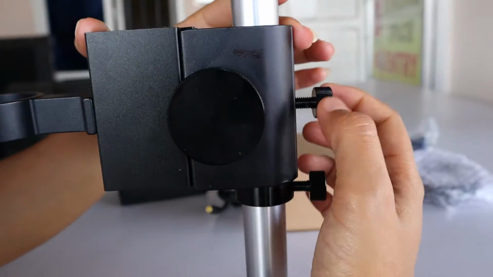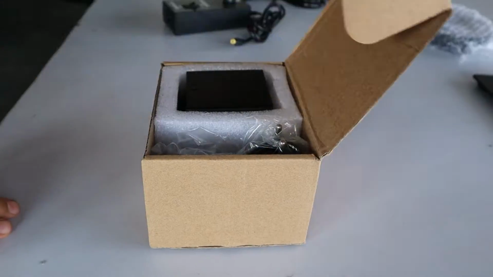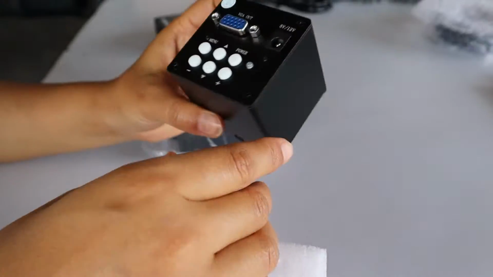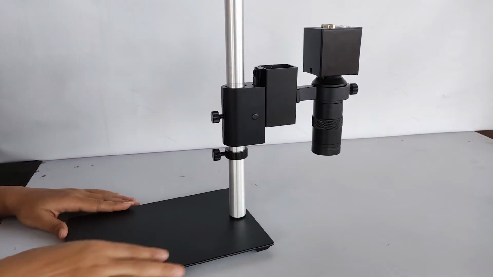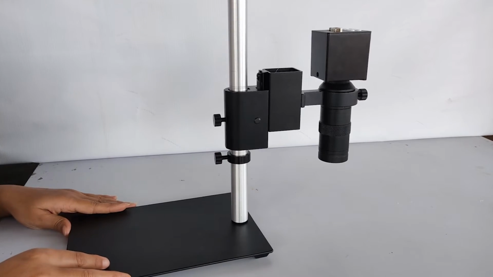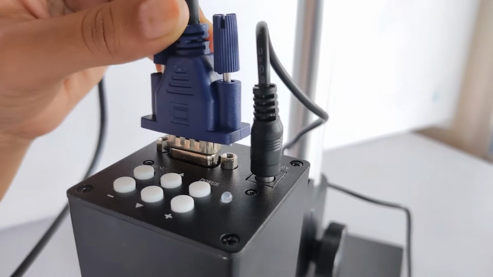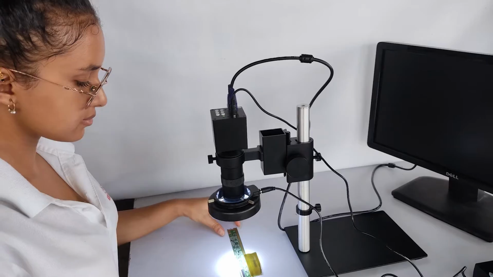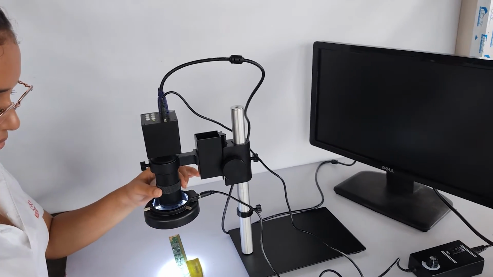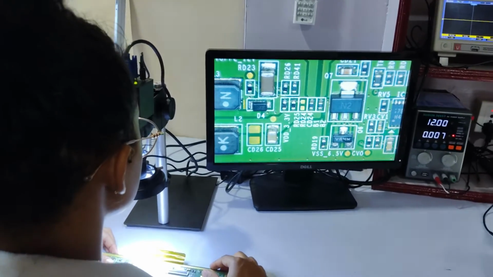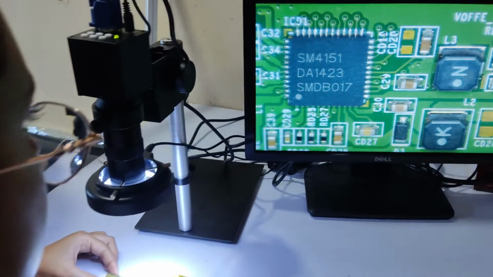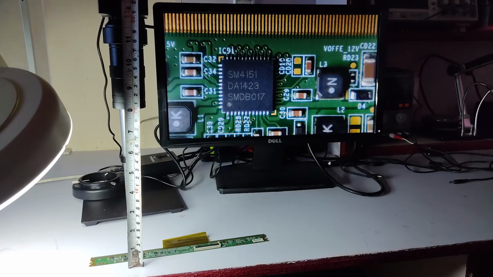Due to the smaller arm of the basic stand, PCB cannot be moved freely. It doesn't fit, so we can rotate it another way and use it. While choosing a stand for PCB repair, we should keep in mind that in the base stand, the distance between the microscope lens and focus point should be at least 6 inches.